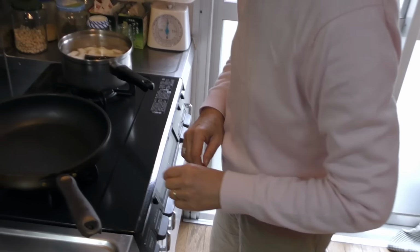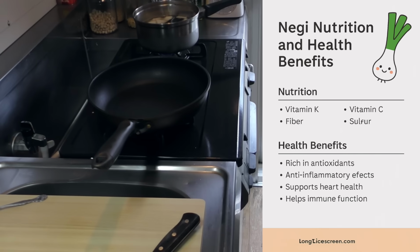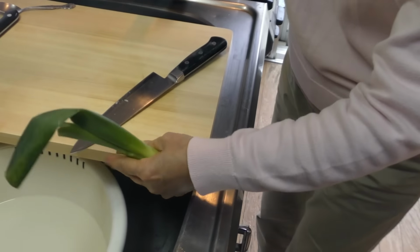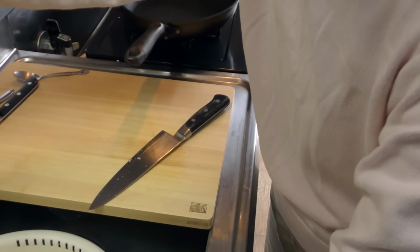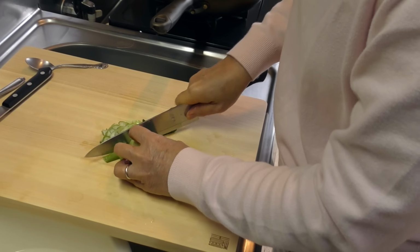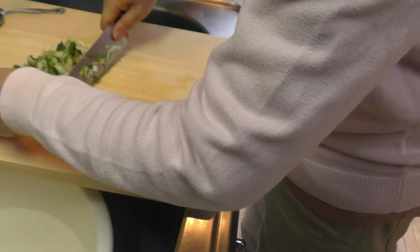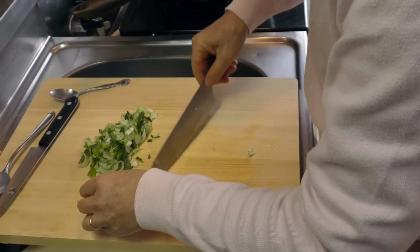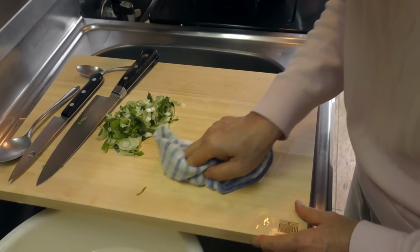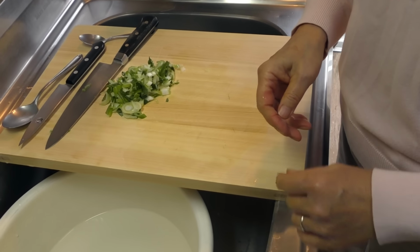So meanwhile, I'm going to make miso sauce. 50 grams. Oh, just right. So 50 grams of that negi. Cut, chop fine. Okay, and put